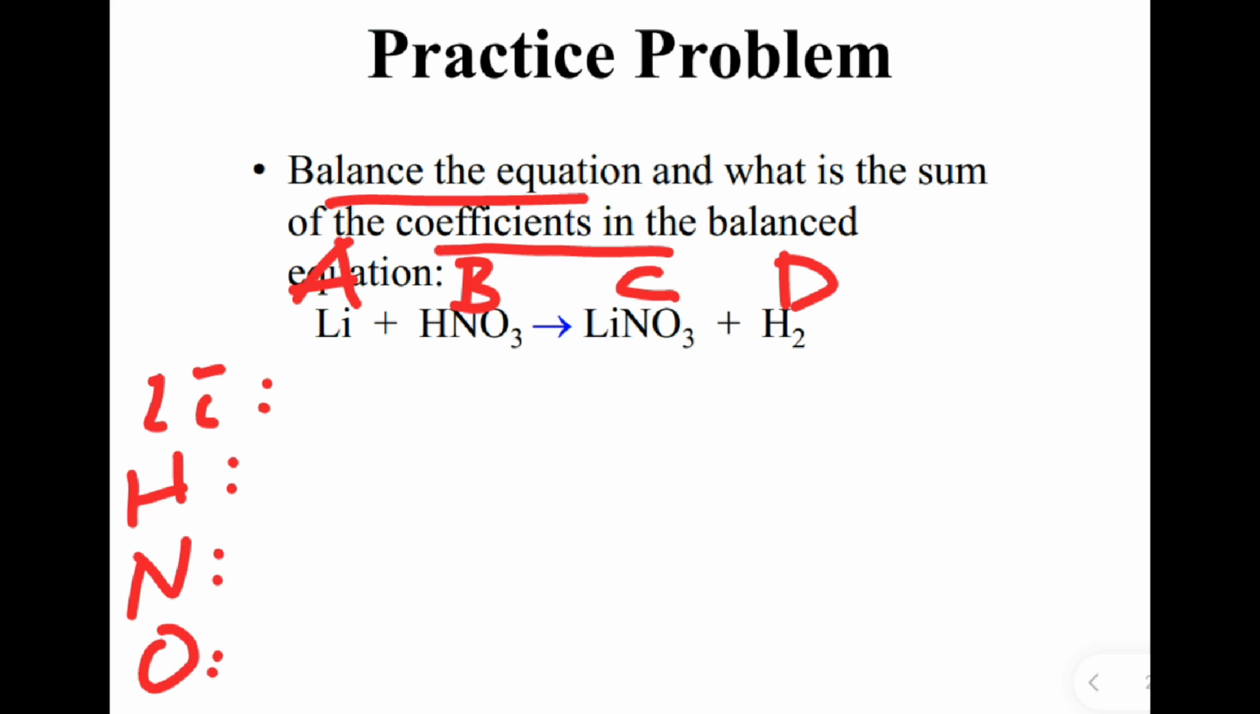How many lithium atoms do we have? 1, 1 times A is A. On the product side we have one, so times C. Hydrogen on the reactant side, we have one,